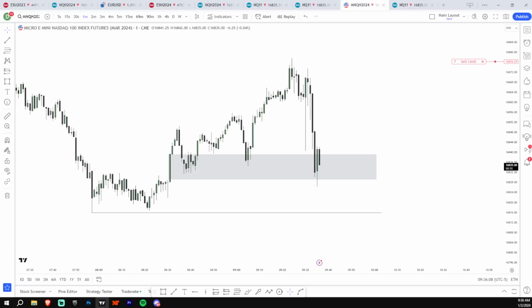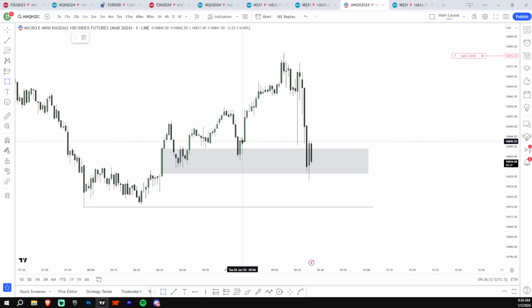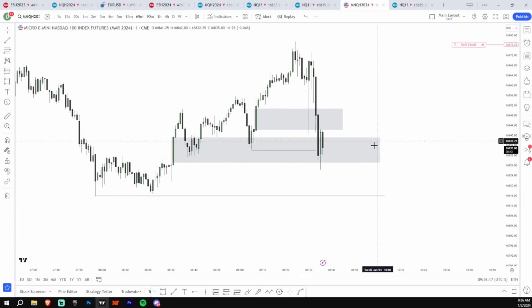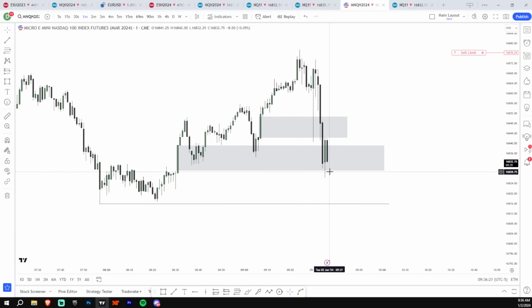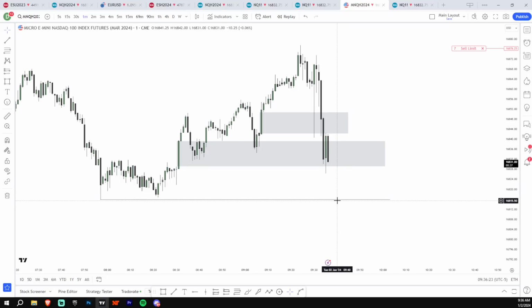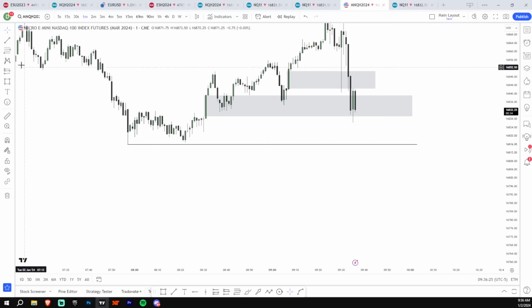Yeah, there was never a model. There's no setup to get in. This would have been the setup, but we hit the low at the same time. So now the setup is if we close below this, I'll get in. And even this is risky because we're pretty low, but I still think we're going to go to these equal lows. And then obviously the equal lows down here.